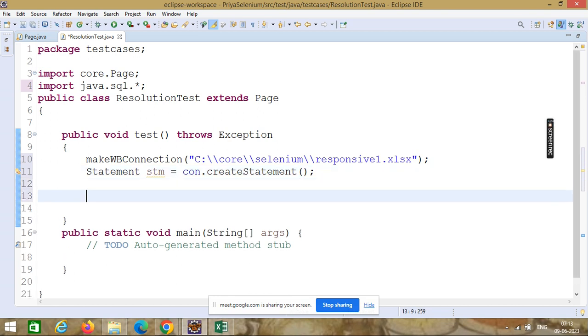Then we have to read the data. So hence I will use result set. We discussed all this in the last class.